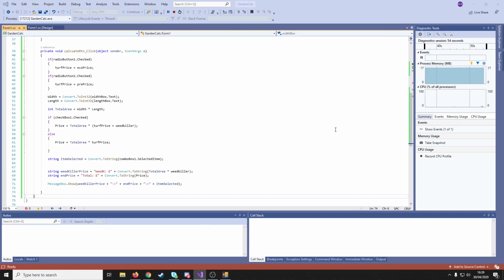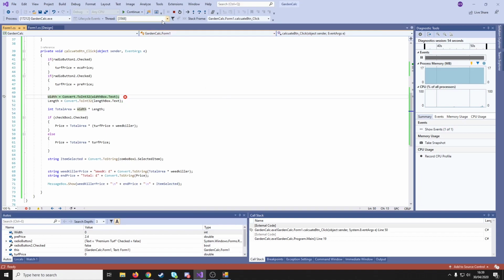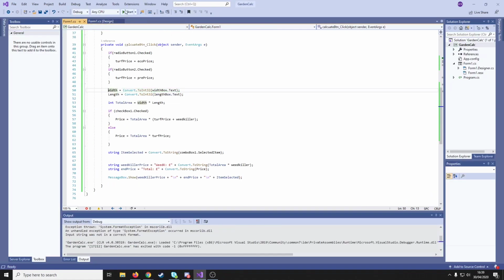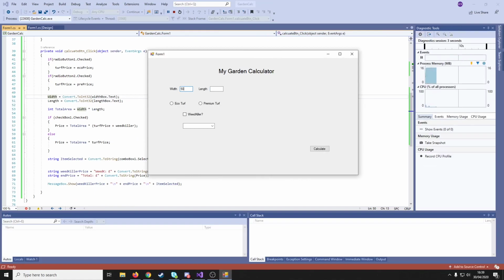So we click the calculate button. It's going to crash, didn't put anything in at that time. This is what happens when you don't put anything in your boxes. So make sure something always goes in your boxes. We've not got any validation yet. Let's go 50, 1, 2, 3, premium turf, weed killer, and go eco turf and calculate. As you can see, it says at the bottom eco turf. If I change that here, it becomes